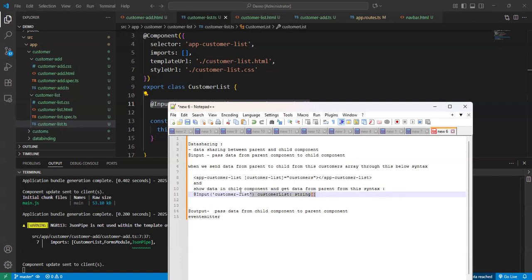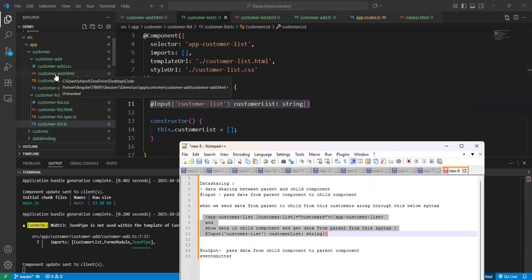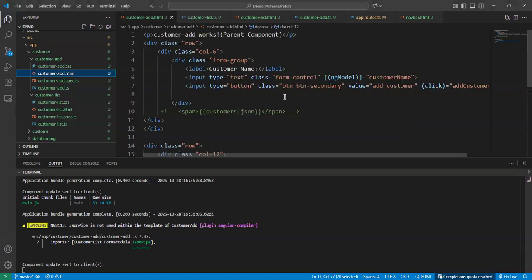Okay, this is something we can write here. If any confusion, again we can tell you. Can you repeat the whole process again? Okay, yeah. So again,